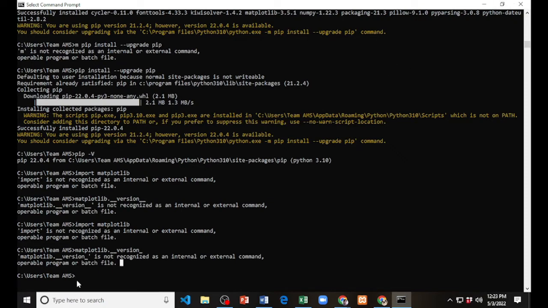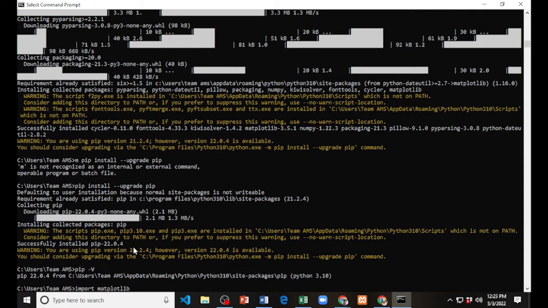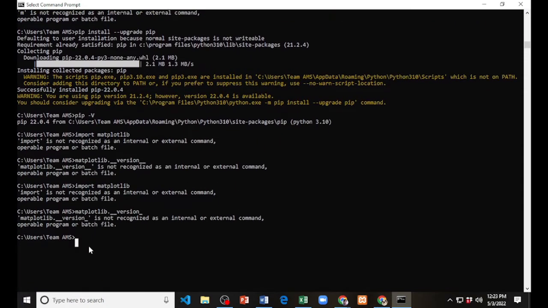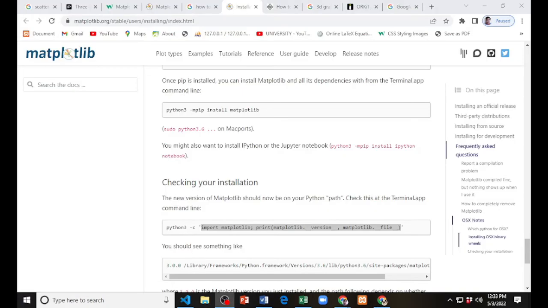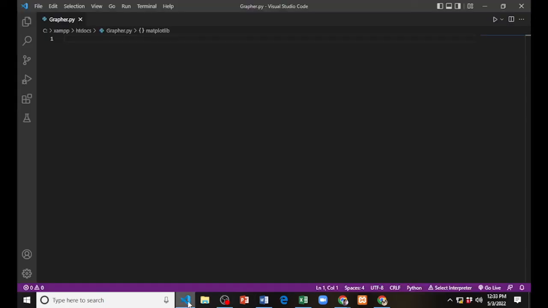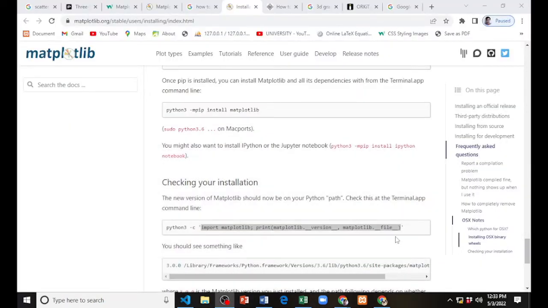Well, let's try other ways on how to check this. So I think, guys, we can use other methods to check whether we have installed it. Here there is a particular instruction on how we can check. So I think we can open our coding tool, and we can try to copy this particular code,